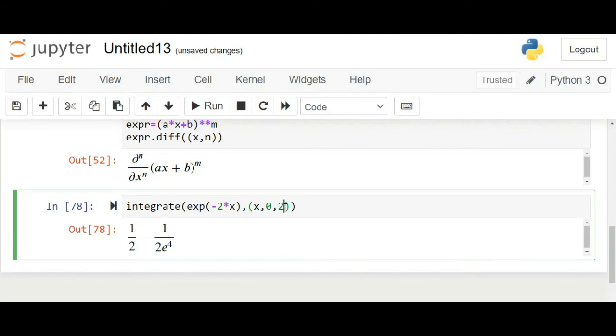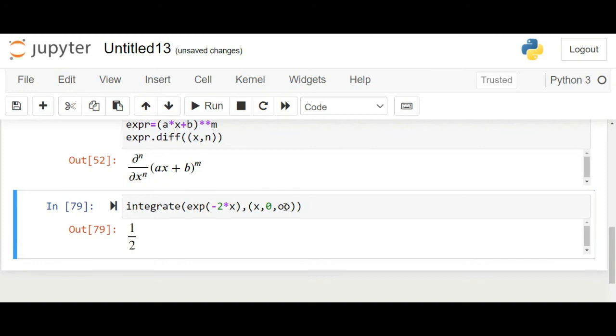Okay, and for lower, no, this is our answer: 0 to infinity of minus 2x, e raised to the power minus 2x, we will get the answer 1 over 2 from 0 to infinity. Okay, and